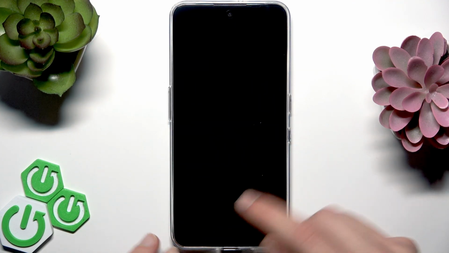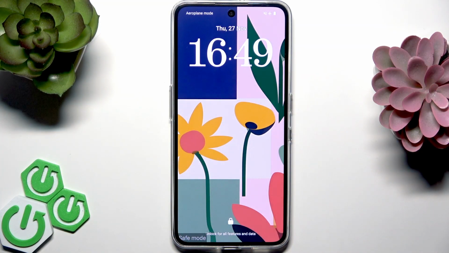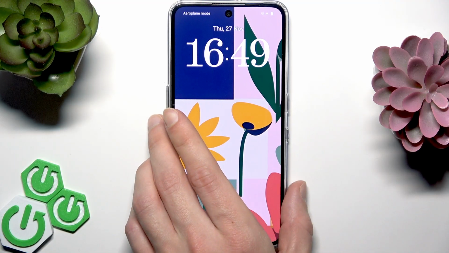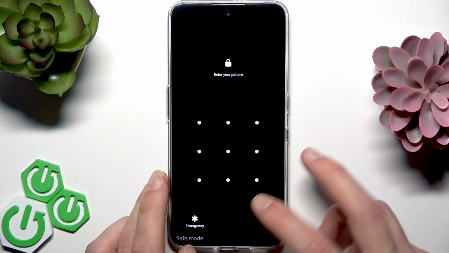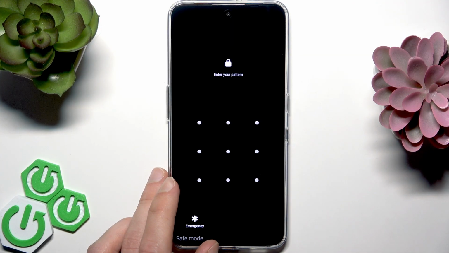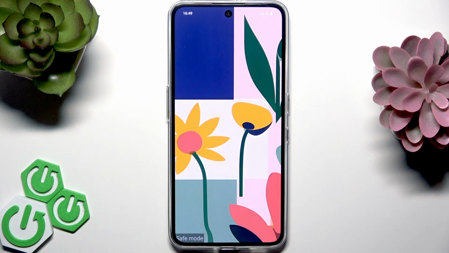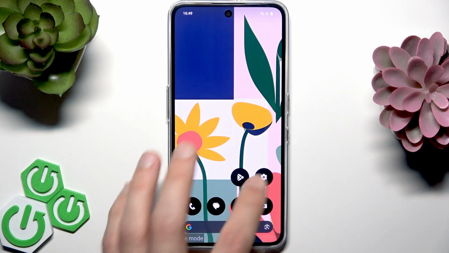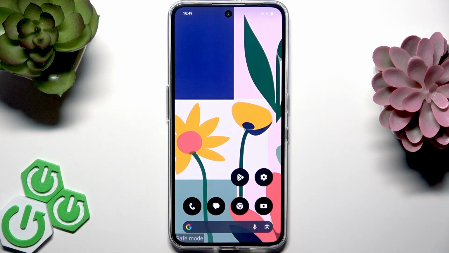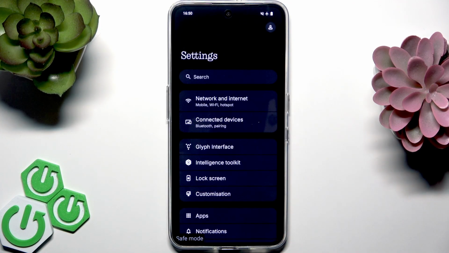This way you will access the safe mode, and in safe mode there are no third-party applications or background activities that may interfere with your lock screen, and therefore you'll be able to enter your lock screen pattern now safely. So once you enter your lock screen pattern, before trying to figure out which application could have caused this kind of behavior,